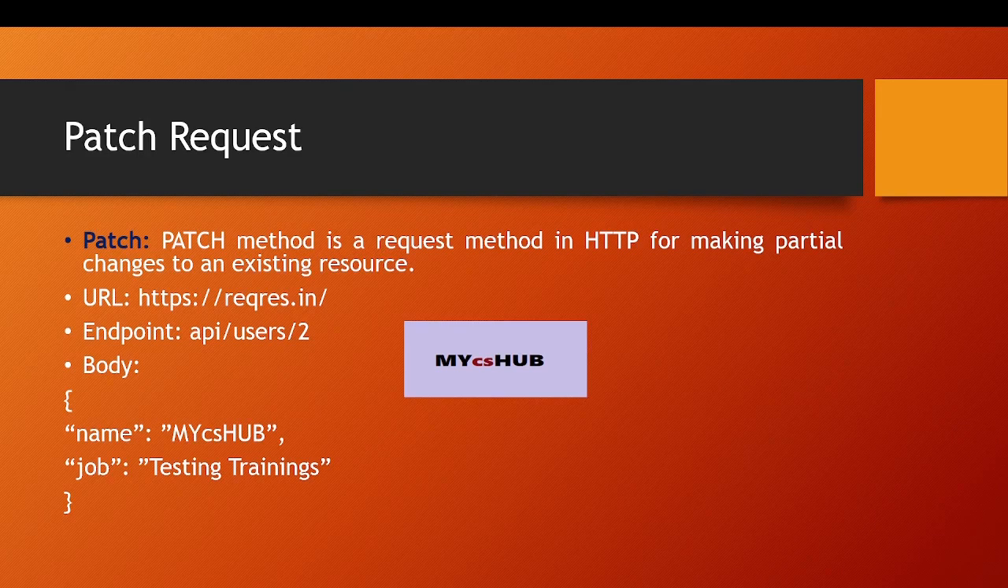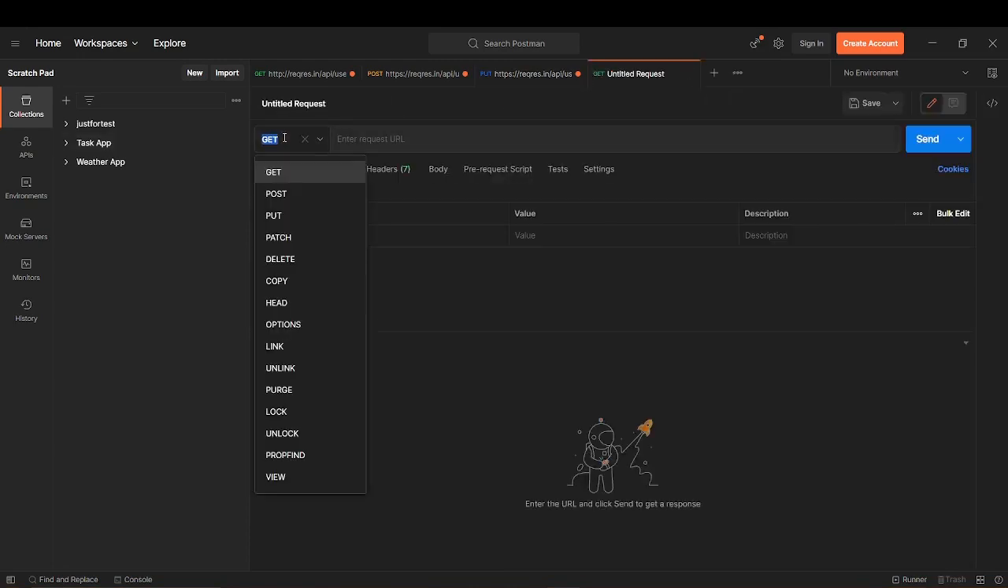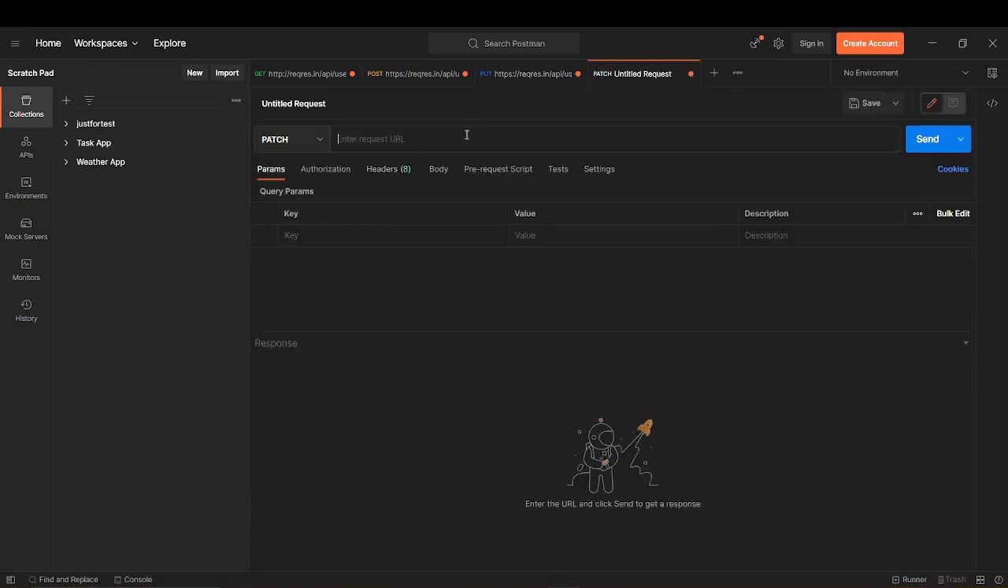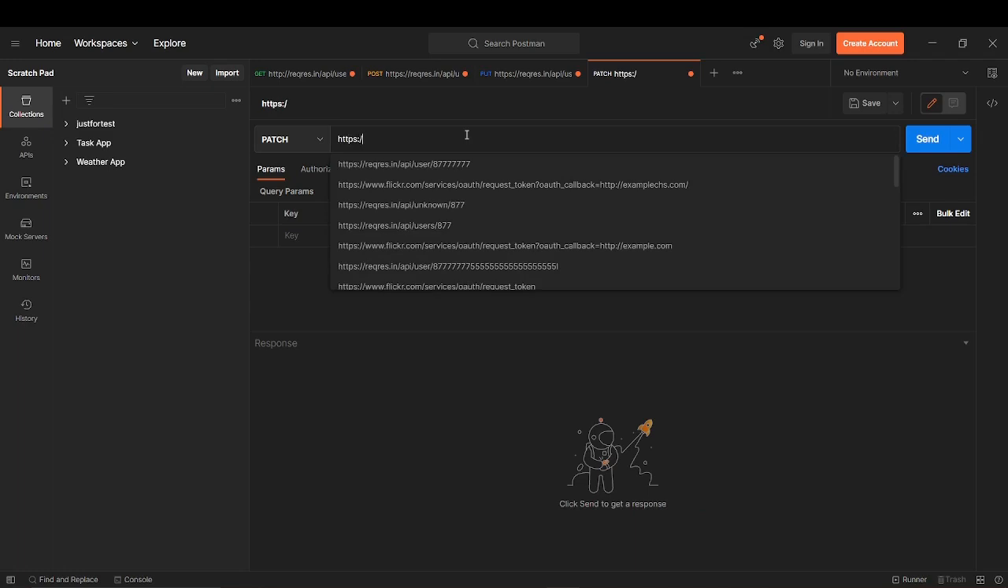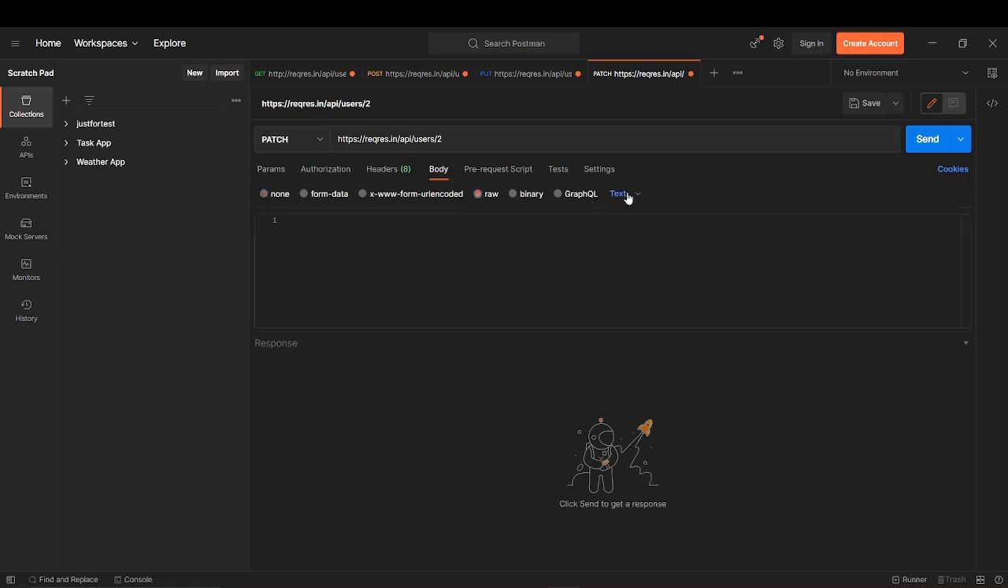So for this particular request, we are going to use the same URL and the endpoint will be same. Just let me switch to the Postman first. And to create a patch request, just click on this plus icon, select the method type like patch, create the base URL. So the base URL is like https://reqres.in/api/users/2, and then we have to click on this body, raw, and then